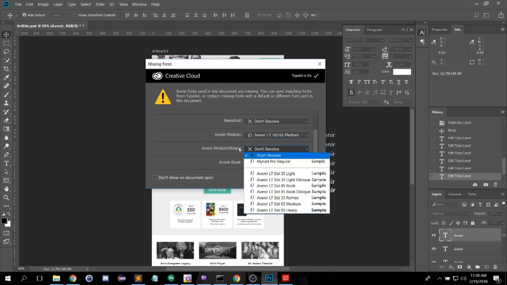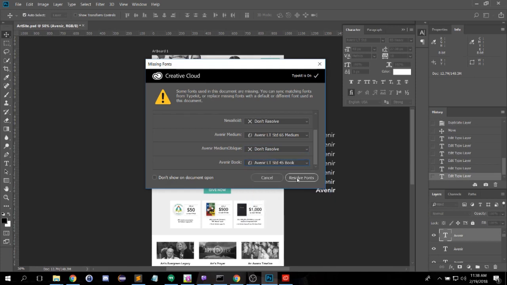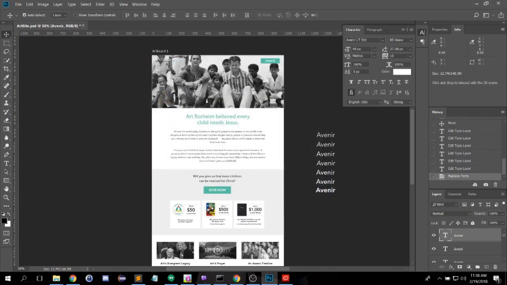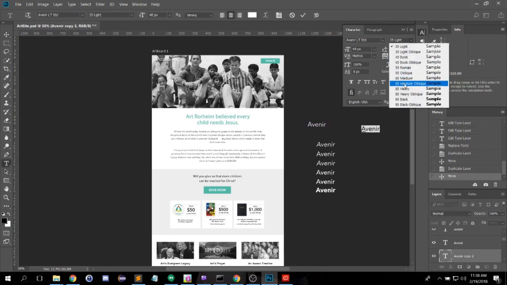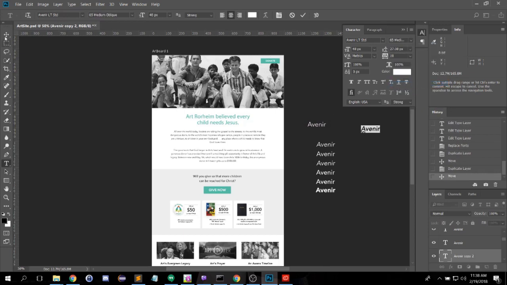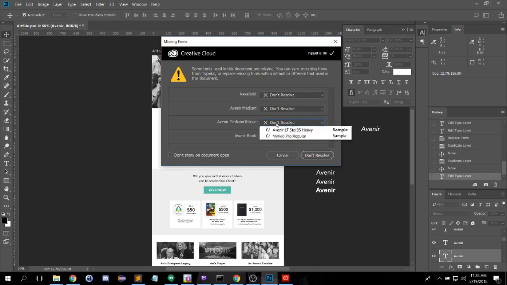Avenir Medium Oblique, I did not get. I'm going to have to go do that. Avenir Book, there's Avenir Book. I'm going to resolve those. And I'm going to duplicate another layer. Come on. Alright, I don't know where that file went. On this one we're going to do Medium Oblique, I believe is what it was. Type, Resolve Missing Fonts, Medium Oblique,